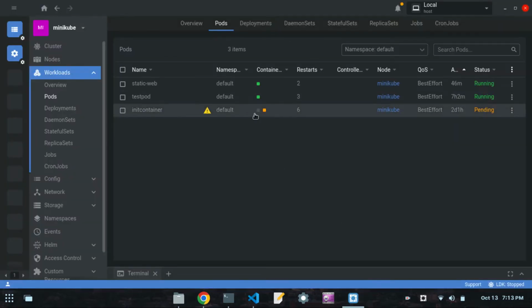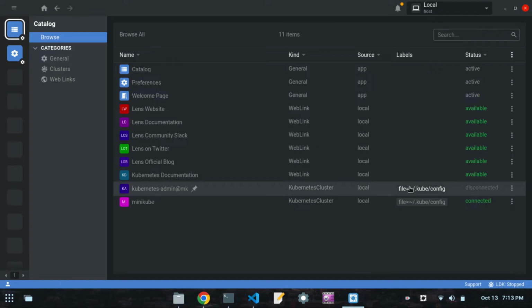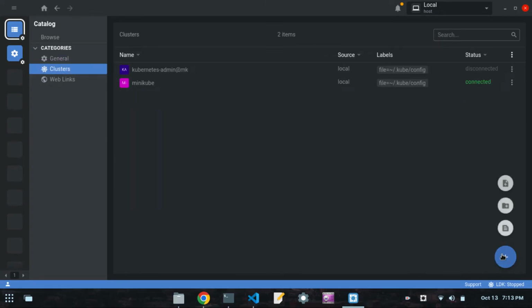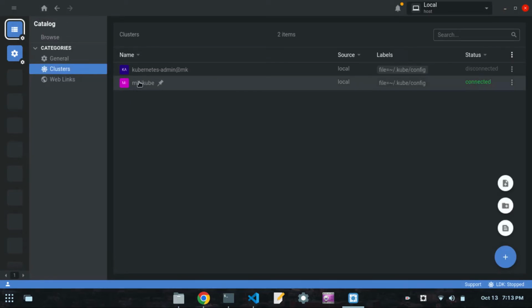As you can see, I'm currently on this dashboard, and this page will be opened for you like this. Alright, so let's click on general or clusters. As you can see, this is the cluster file. If you click on any one of these, it will show you all the data related to the config files, and if any of the data is missing in the dashboard, you can sync it. Alright, as you can see, it will be synced. But I already have the Minikube here,